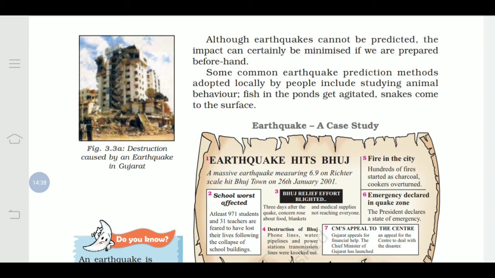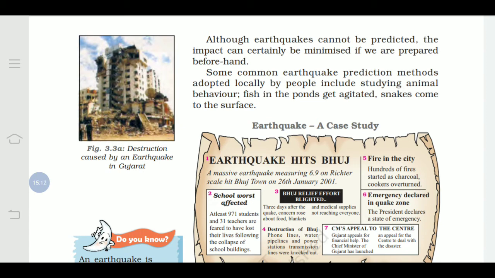earthquake occurs. So generally the animals run here and there, to and fro. They don't know where to go because of this vibration. They know suddenly something is going to happen. Fish also jump out of the pond, because that vibration is felt in the water body, so they jump out of the water, and again they dip into the water and come out. So this movement also helps us to know that the earthquake is going to come.